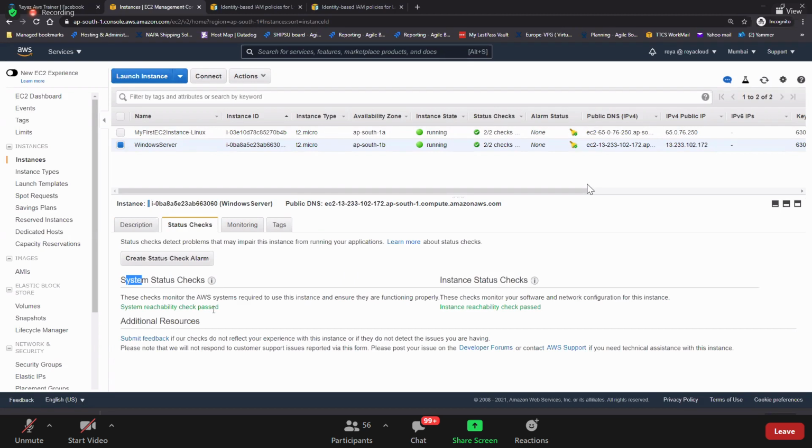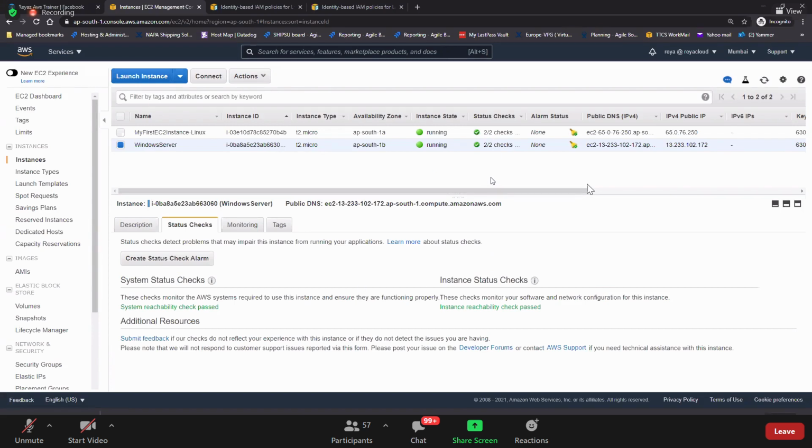System meaning it will check all your hardware. The instance has launched properly or not. And instance status check, it will check the software side and network configuration. What your IP got assigned or not, everything is properly or not, the EC2 instance and all. So definitely 2/2 checks should be passed. Guys, if the machine is not launched properly, will you be able to log into the machine? No. If you don't have any proper network configuration for this machine, will you be able to log into this machine? No. So mandatorily, these two checks should be passed. Then only your machine is healthy.